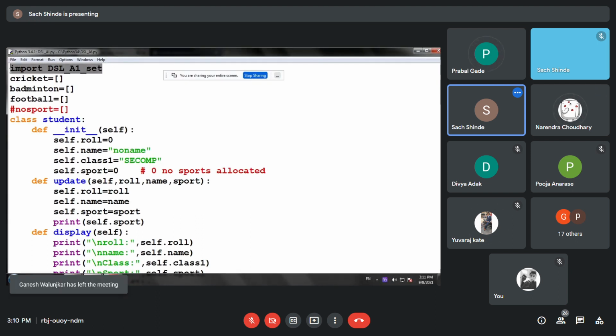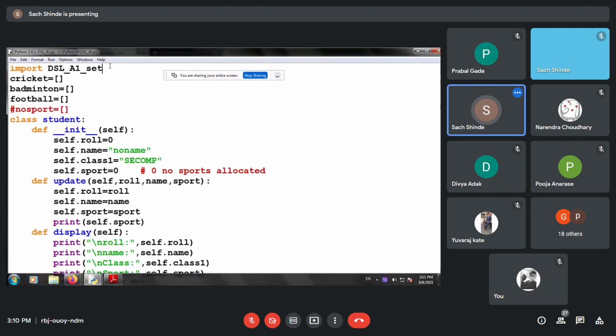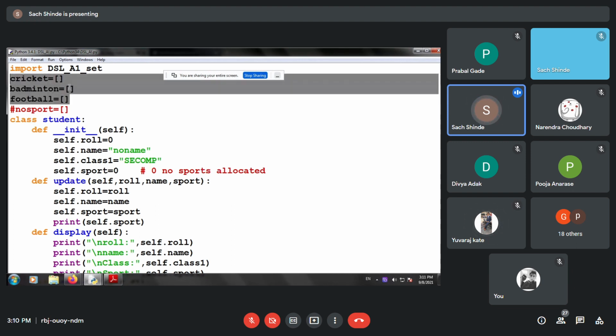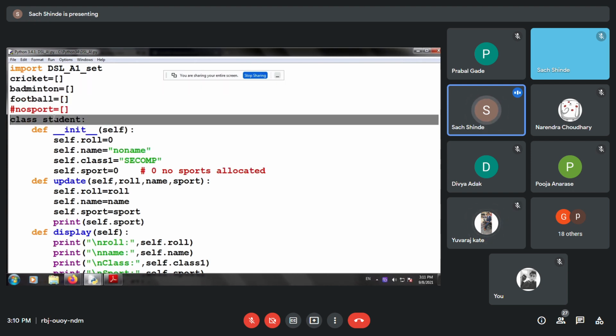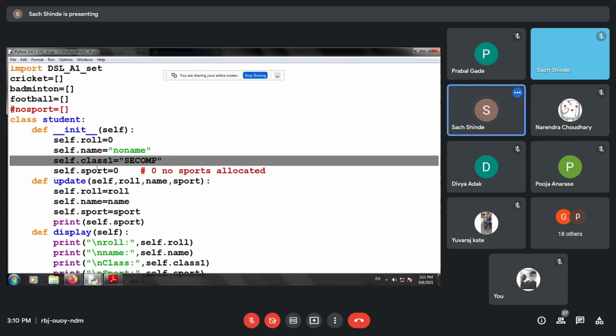Okay, so the first line you can see is we have to import the set record. So import DSL A1 underscore set and we created 3 lists, one for cricket, another for badminton, another for football. And naturally we have to create the class that is student with the attributes roll number, name, class and sports.